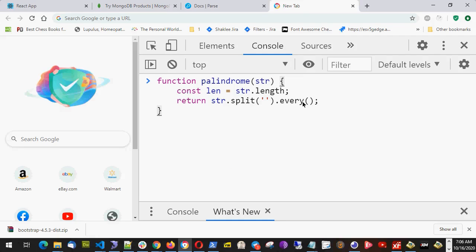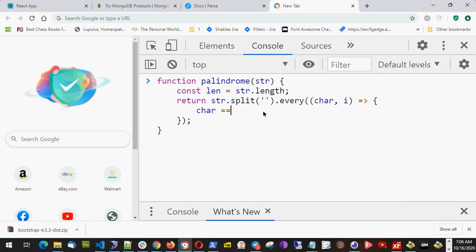See, this will loop through every element of the array, and we return true or false in each case. If it is true in all the cases, then the overall value of every will be true. Otherwise, the overall value of every will be false. And this every should have an arrow function like this. Now I'll check the character. Okay, I get the character here, and I get the index also. I name it index with i,